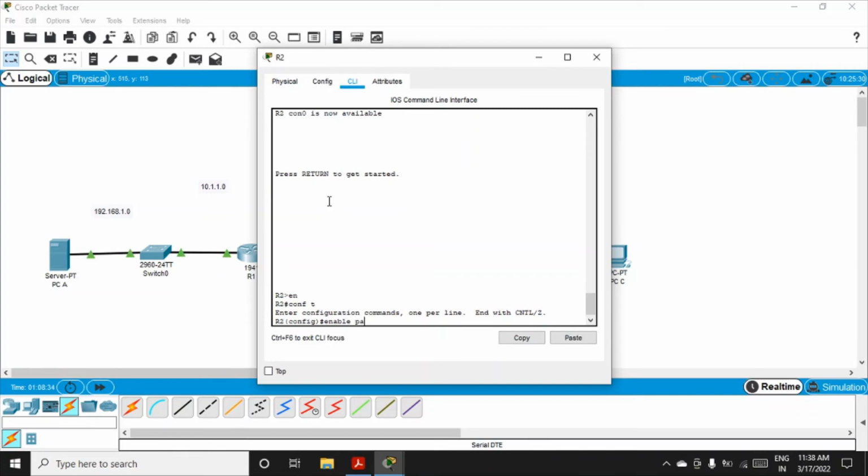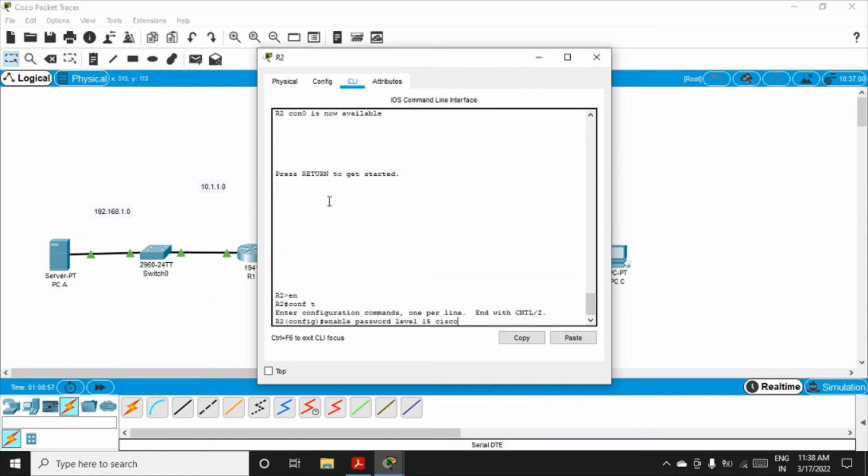Enable password level 15, giving all the privileges, and set the password Cisco1, or I'll just keep Cisco2 here